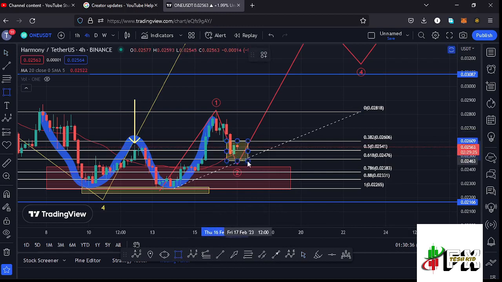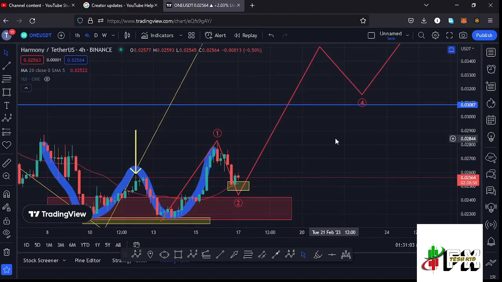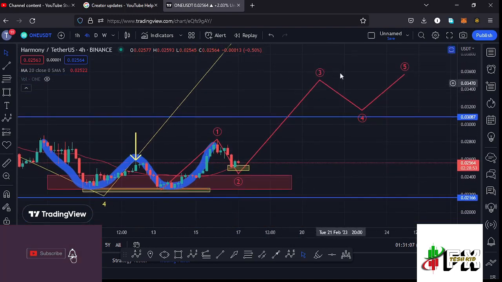which is a target area that we have now almost fully maximized by retracing into the area between the fib level 0.5 and the fib level 0.618, meaning we have managed to get into the golden pocket here on the Fibonacci's, and there are chances that we have seen the low for that second wave, and there are chances that very soon we are going to start another impulsive wave to the upside to fully maximize our target